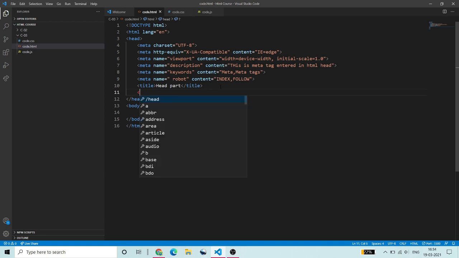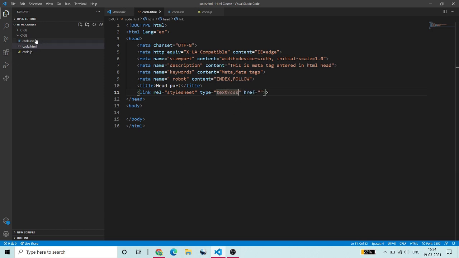So I will use the link tag, text/css. I have a file code.css, so I can enter here code.css, means now our CSS file is attached with this HTML page.